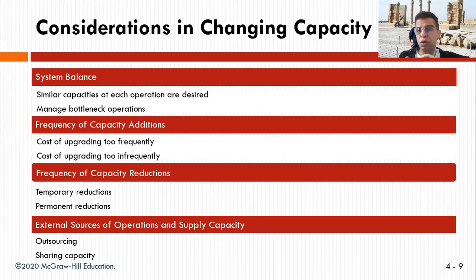So if you upgrade infrequently, you will have a shortage in hydro, and if you do it too frequently, it's going to be very costly for you. And the second thing is the frequency of capacity reduction. This is the reverse thing. When you have a temporary reduction, how quickly you temporarily reduce this, or